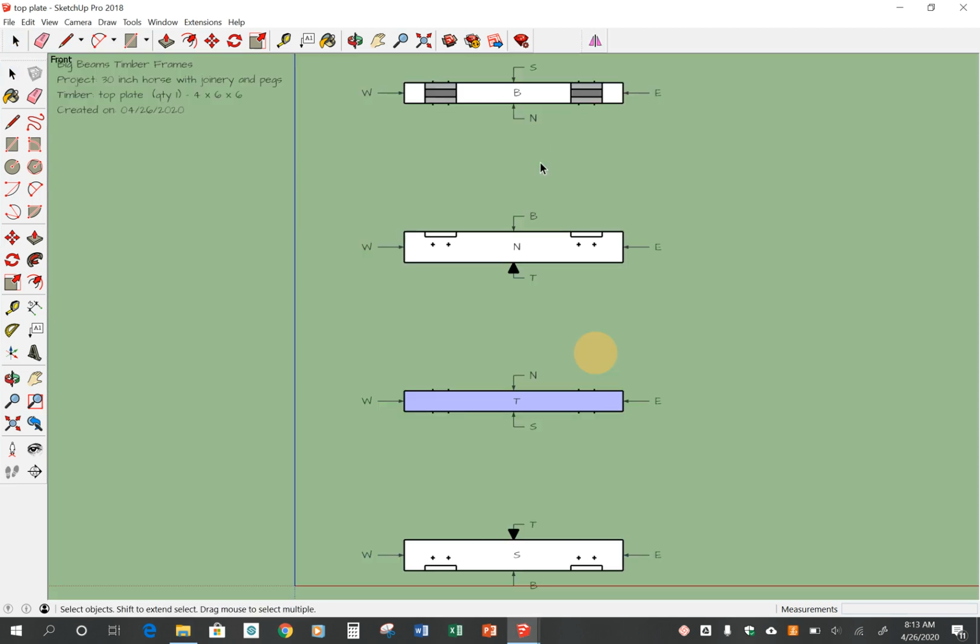So here is the 4-side view. You'll notice that it starts up here, it shows the bottom face. Now from the bottom face, the next one down is the north face. So this is an image of that timber rotated toward the top. And then now the top face is on